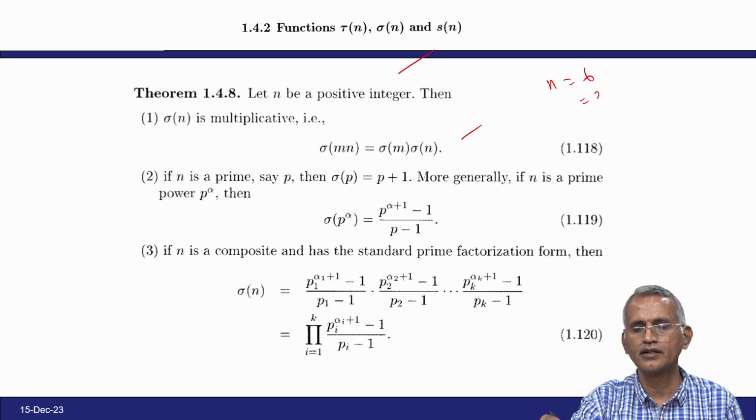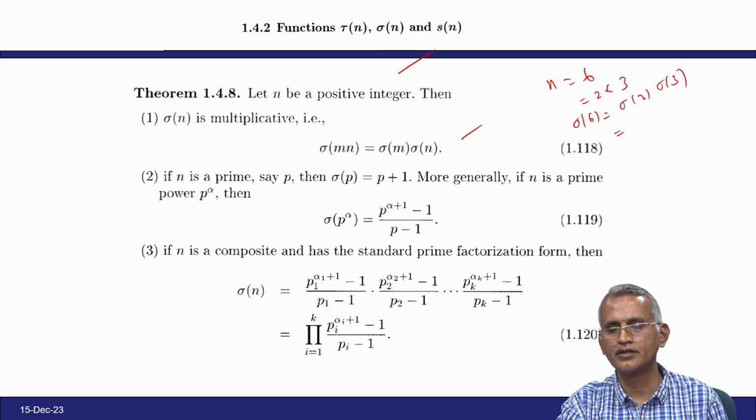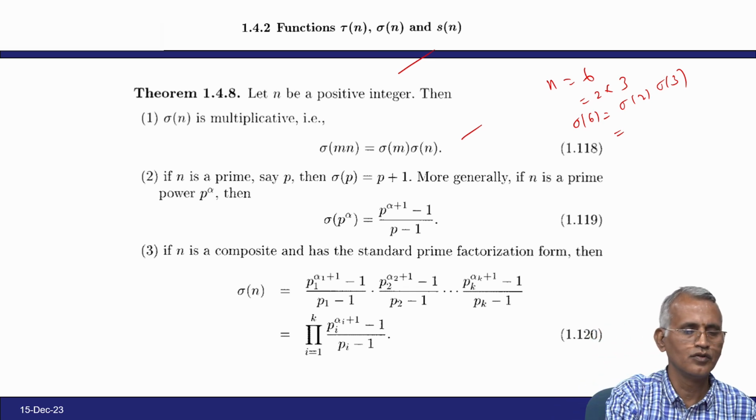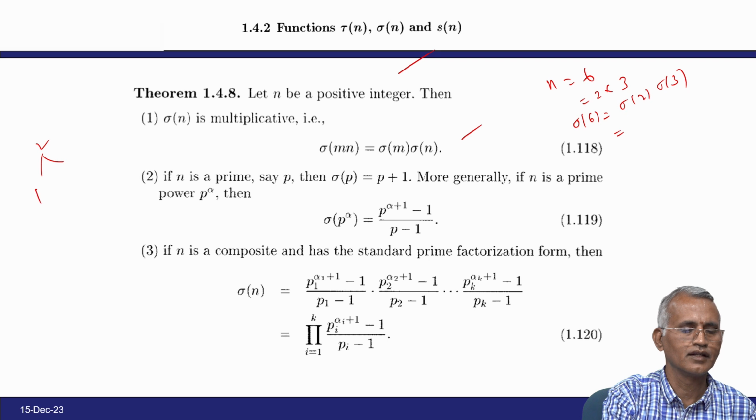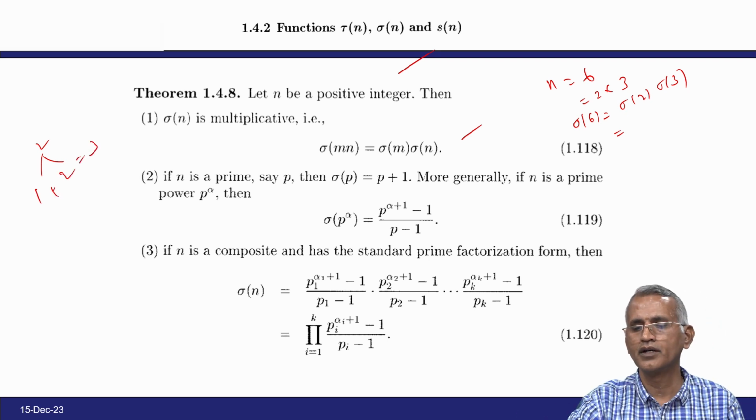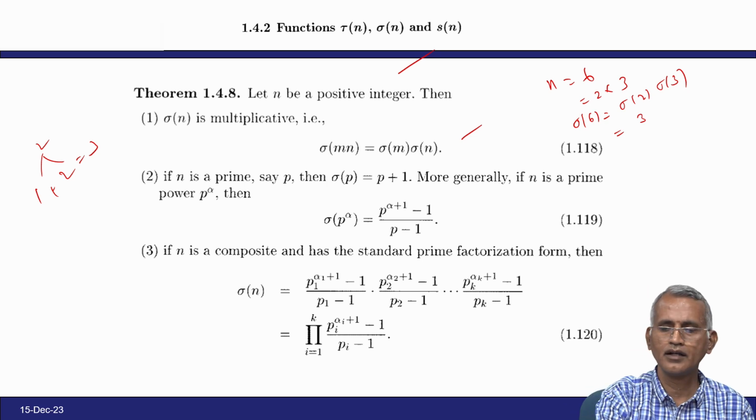Therefore, n can be written as 2 into 3. Therefore, sigma of 6 equal to sigma of 2 into sigma of 3, and sum of the divisors of 2. So, 2 has divisors 1 and 2, 1 plus 2 is equal to 3. Therefore, it becomes 3, and